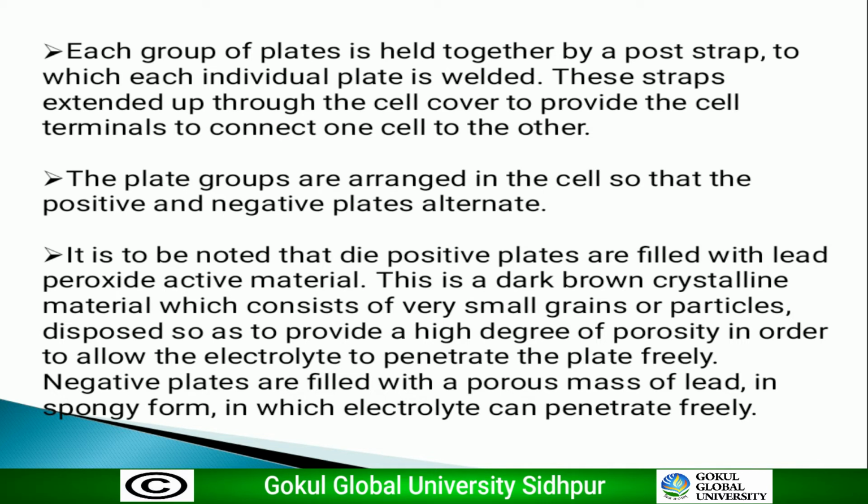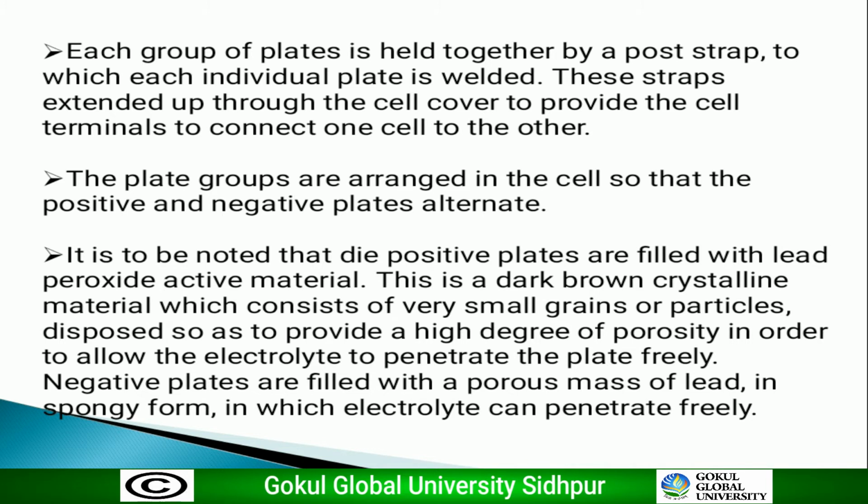Each cell contains a number of positive and negative plates, and each cell always has one more negative plate than positive plates. It is to be noted that the positive plates are filled with lead peroxide active material. This is a dark brown crystalline material which consists of very small grains or particles